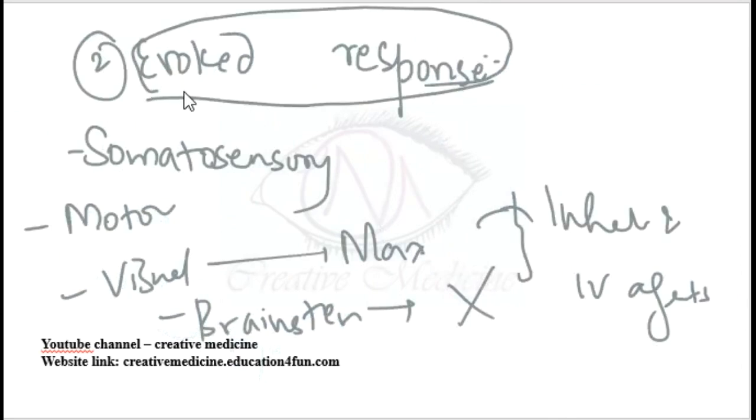Similarly, we have evoked responses. Evoked responses are of four types. We have somatosensory evoked response, motor evoked response, visual evoked response and brainstem evoked response. Visual evoked response is maximally affected by inhalational and IV agents, whereas brainstem responses are not affected by inhalational